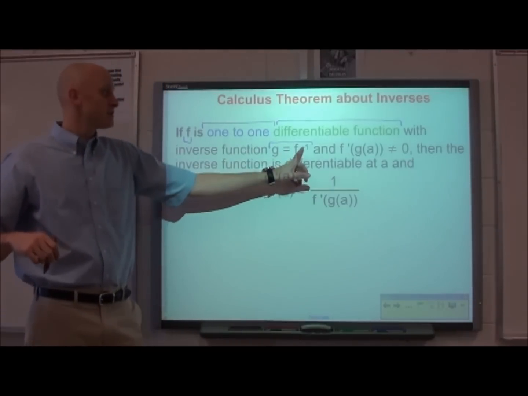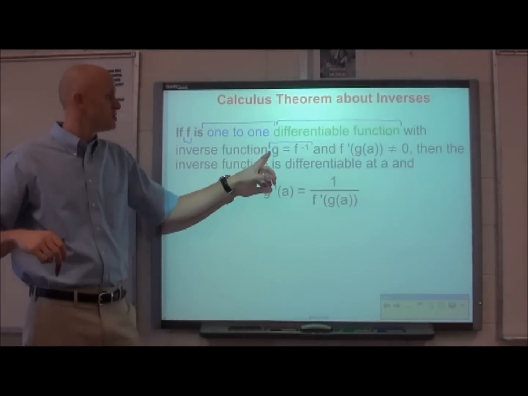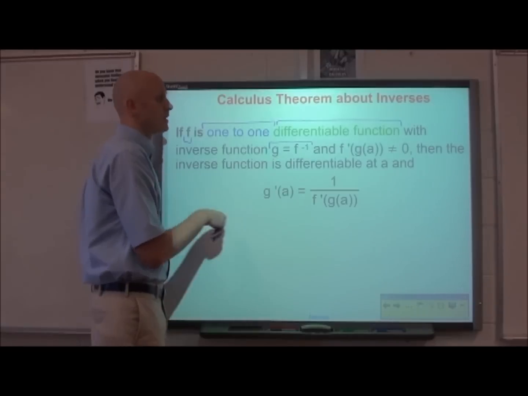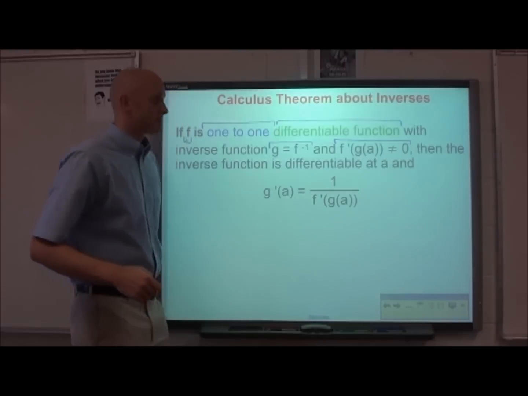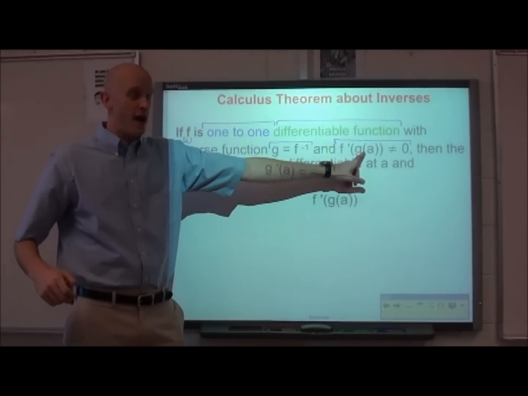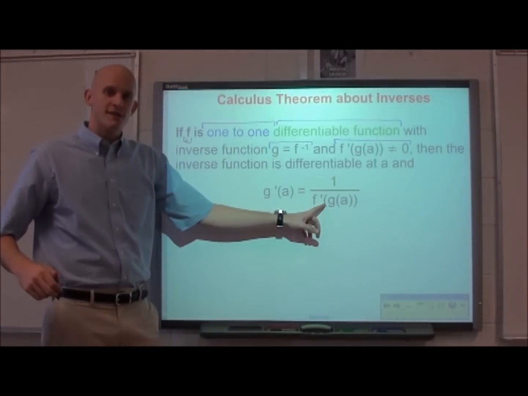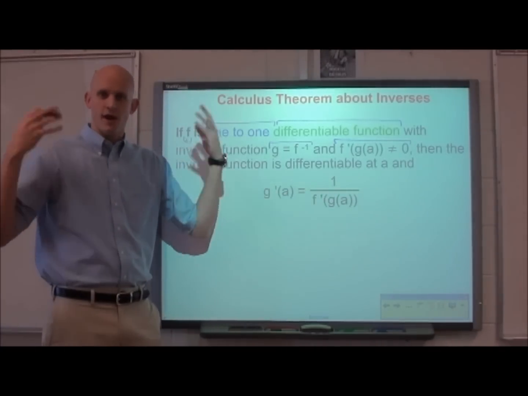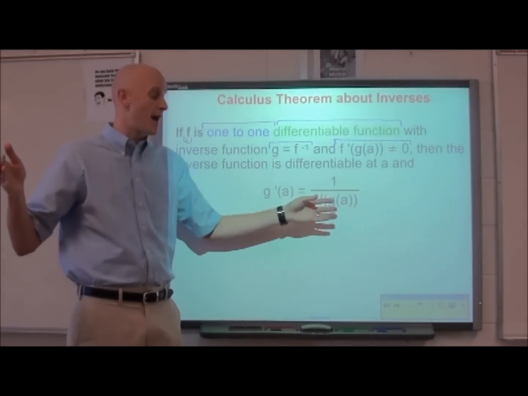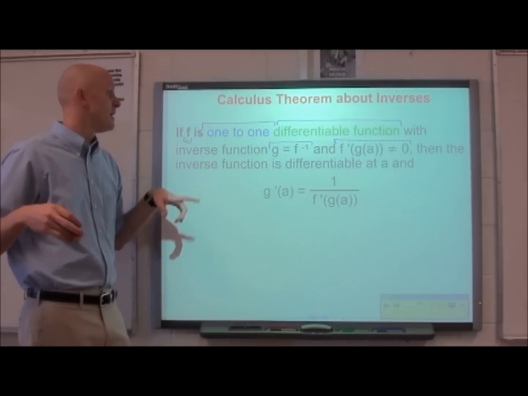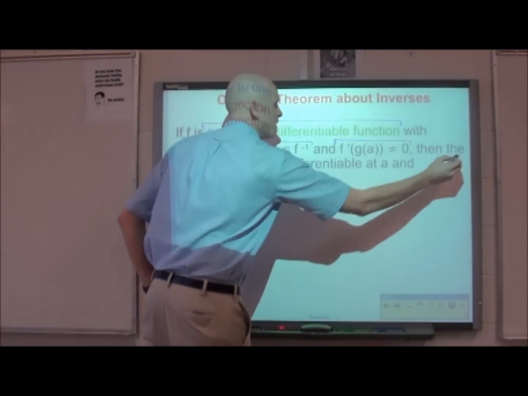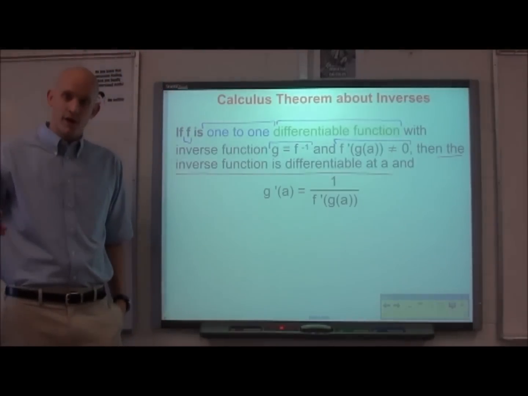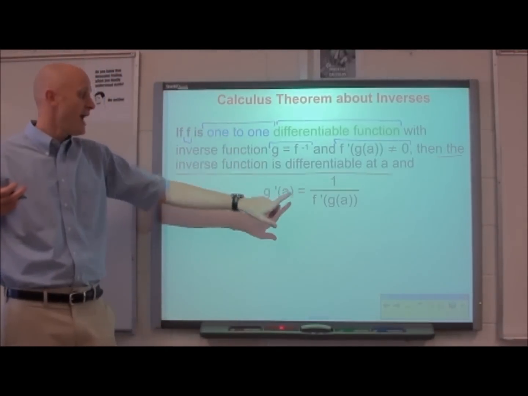Now we'll get to some of our definition here. The inverse function is g. So g is the inverse of f. And this f prime of the inverse of f cannot be equal to 0. And you can see why, because the denominator of this fraction cannot be 0. Then we have explosions and all kinds of crazy things happening. Then the inverse function is differentiable at a, so we know it's differentiable if these things are true,